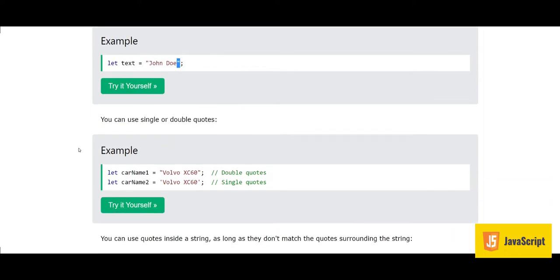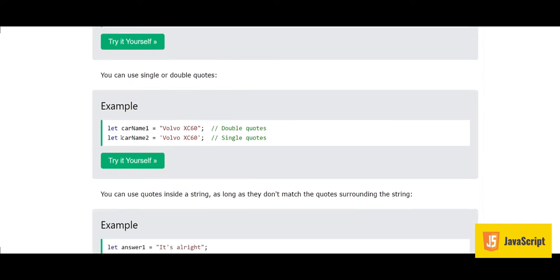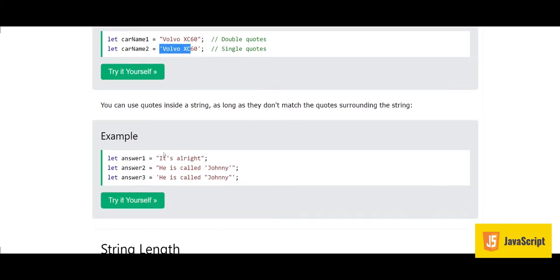Also we can write a string in single quotes as well, like this here. For car name 1 we use double quotes and car name 2 is with single quotes, and both methods are fine. We can define a string either with double quotes or with single quotes, right? Next,